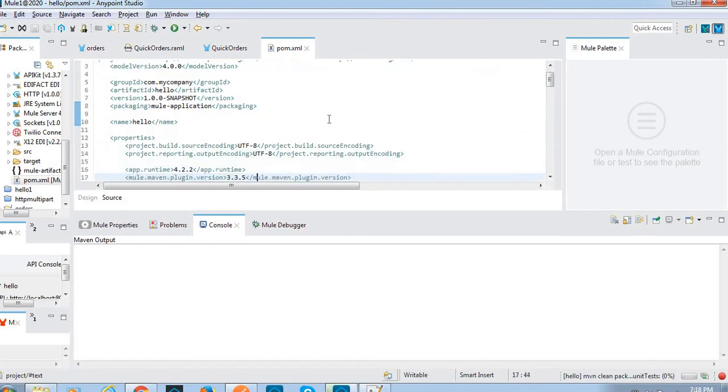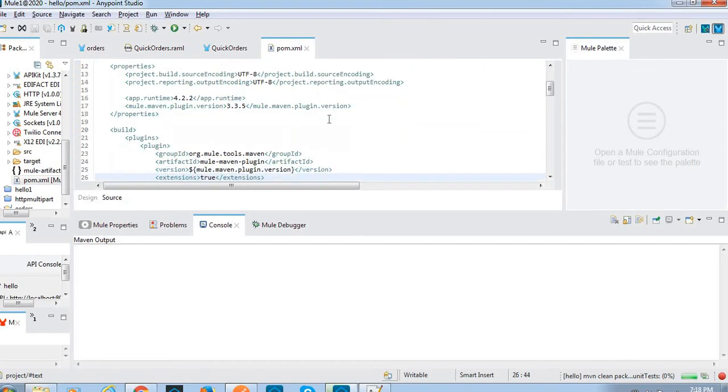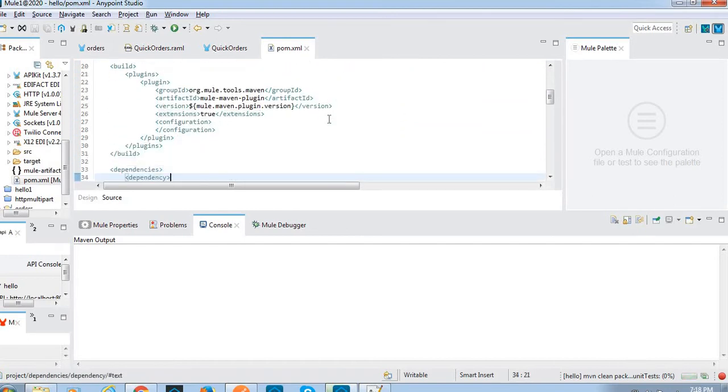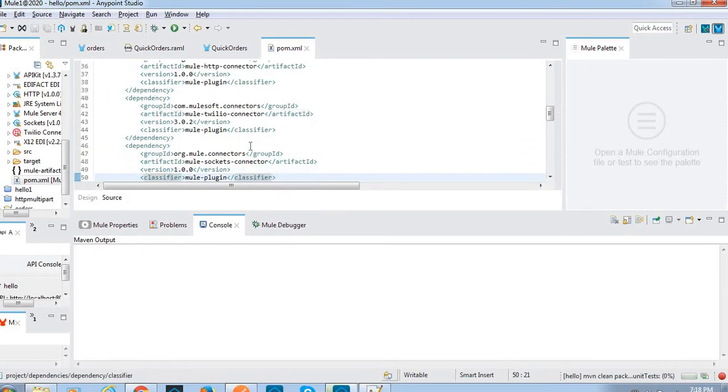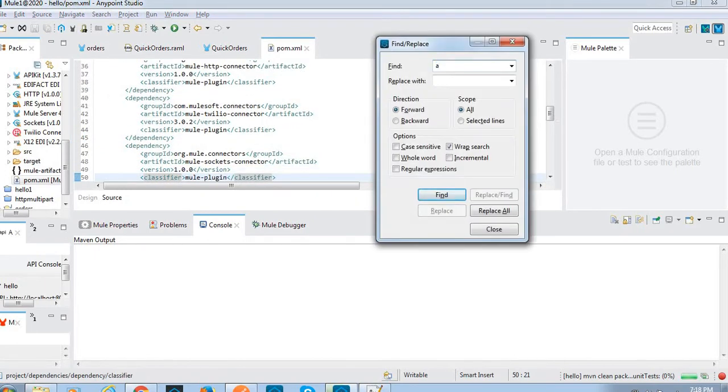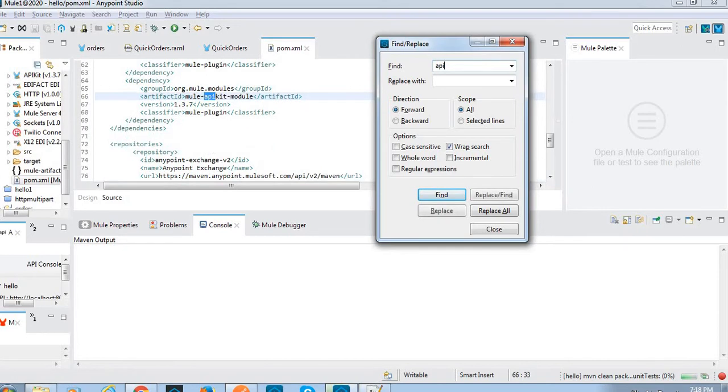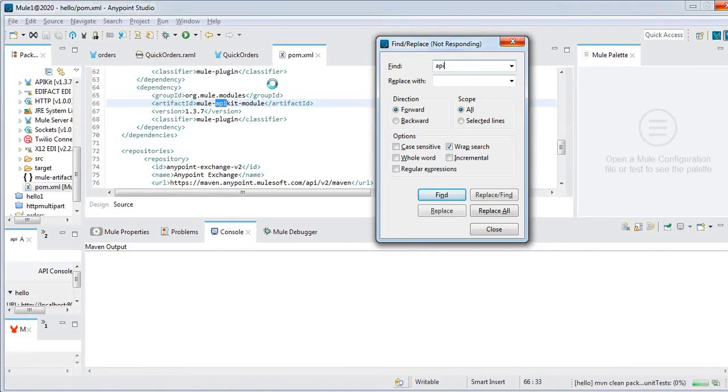See, if you want to add explicitly, we can change the version of the specific dependency. This is for the HTTP connector. This is the version. Come down and see, let me search for API kit module. See, this is the API kit module. This is the version, highlighted one here.